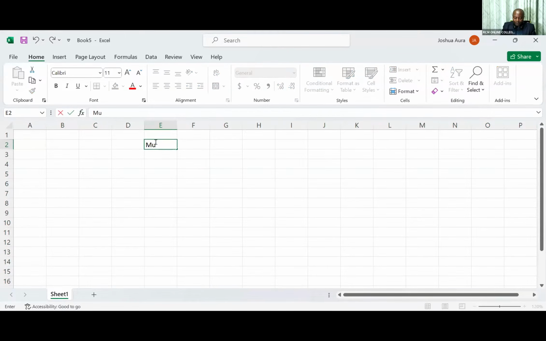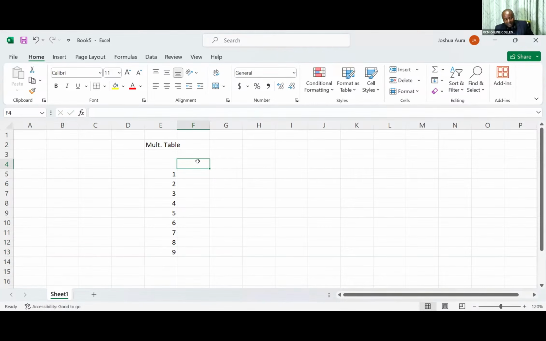Ladies and gentlemen, remember multiplication table, we have 1 to 9 column wise and 1 to 9 row wise. So we have 1, 2, 3, 4, 5, 6, 7, 8. Of course, there is a shortcut to writing that, but I don't want to teach you so many things at the same time. Let's just write it manually. So we have, ladies and gentlemen, in this case here, 1, 2, 3, 4, 5, 6, 7, 8,